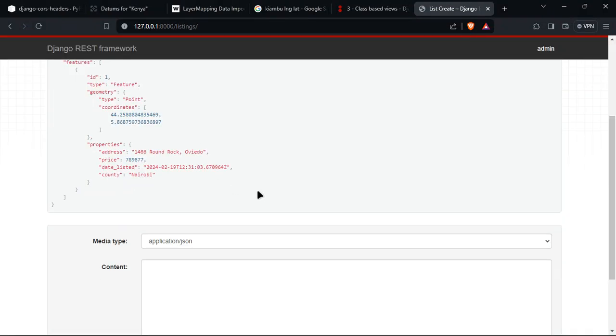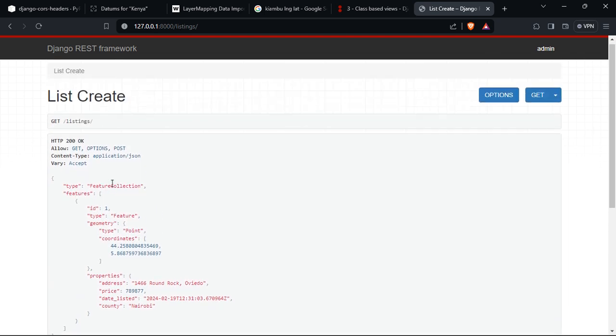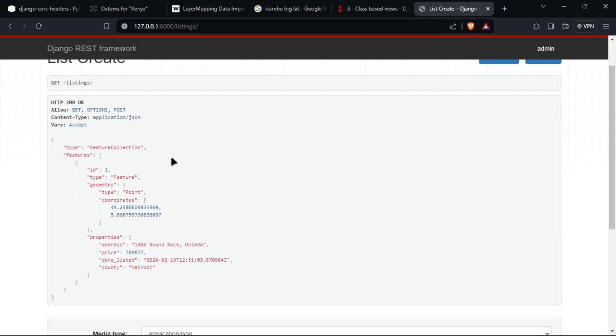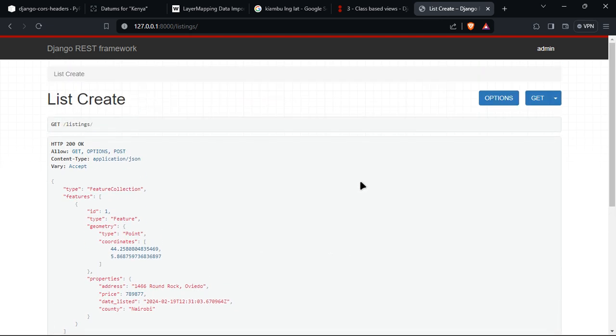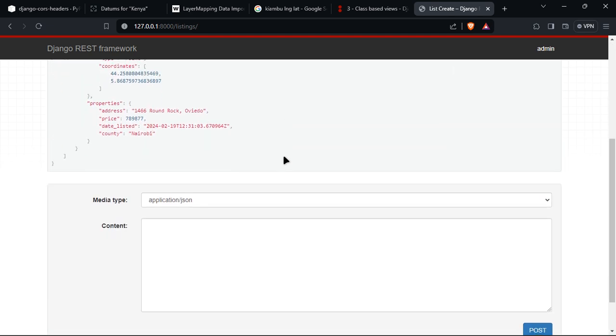So, ladies and gentlemen, this is it. We have this getting returned. So basically, this is GeoJSON, right? Oh man, I'm so excited that this actually worked. So yeah, that's it. I'll end this video right now, but in the next video, we are going to be able to consume this API with